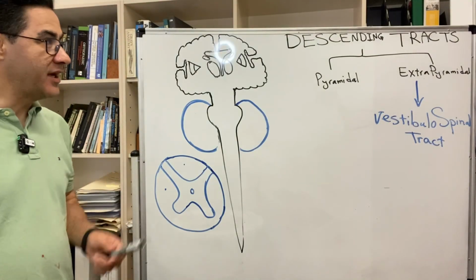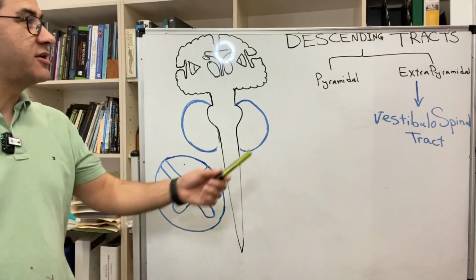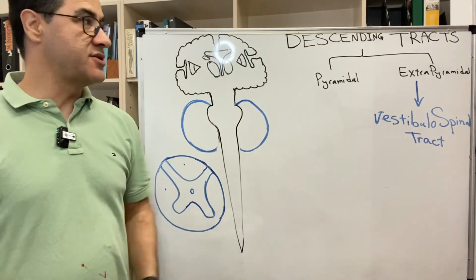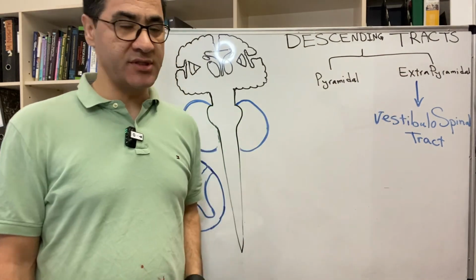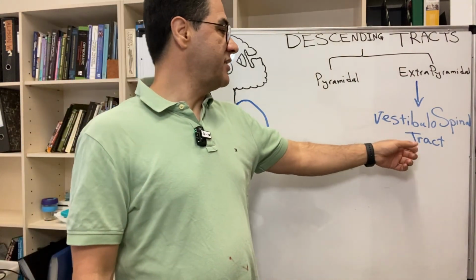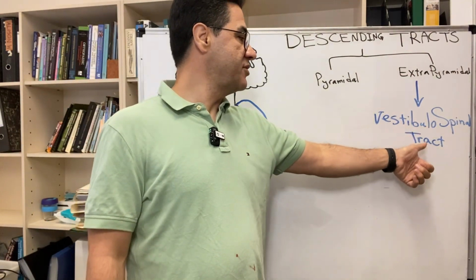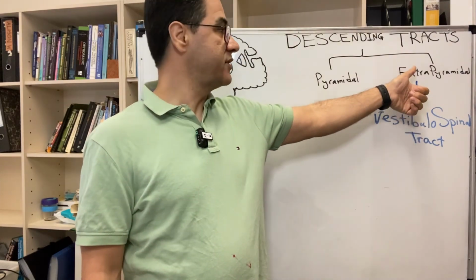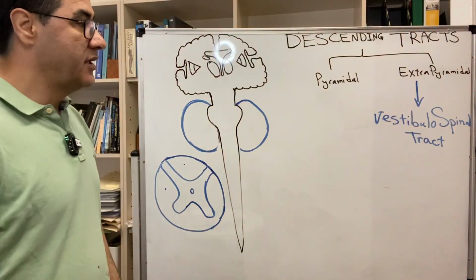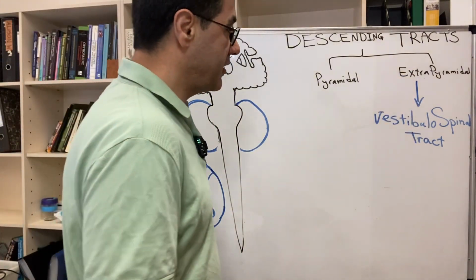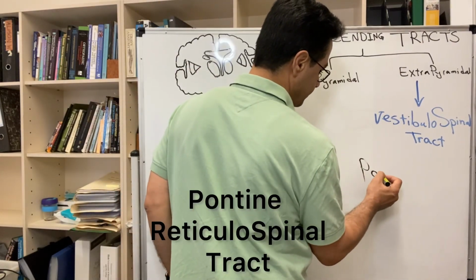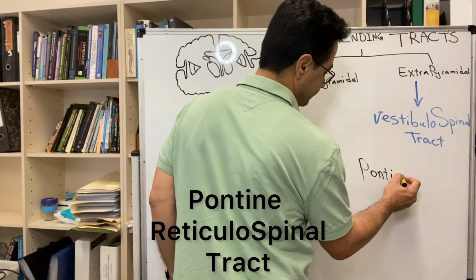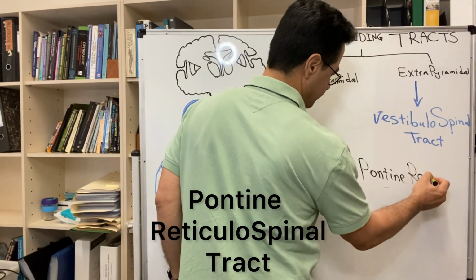Hi guys, as you see here, today I'm going to talk about the descending tracts. So descending tracts including pyramidal and extrapyramidal tracts. In my last video I focused on the vestibulospinal tract, one of the most important tracts of the extrapyramidal. Today I'm going to focus on the other extrapyramidal tract, which is called the Pontine Reticulospinal